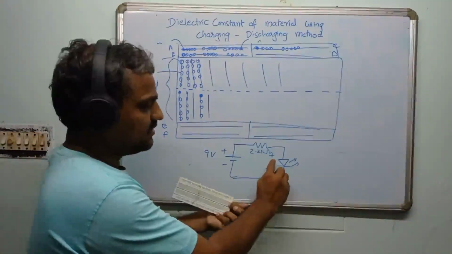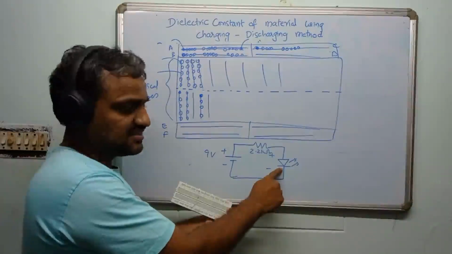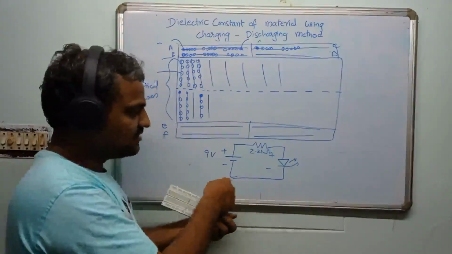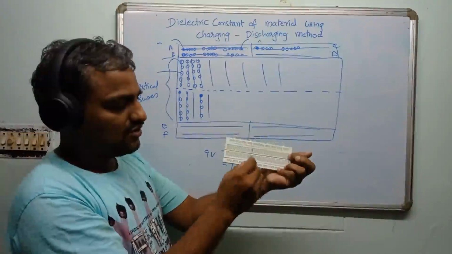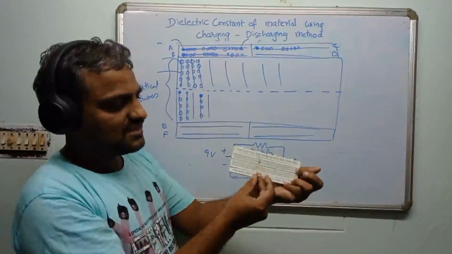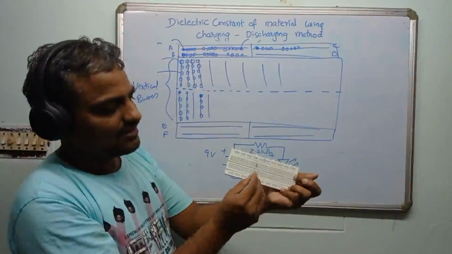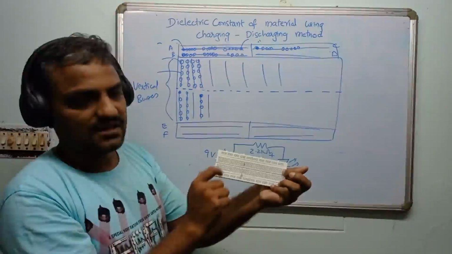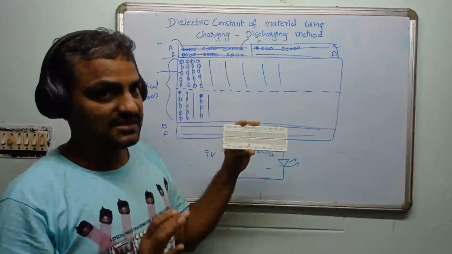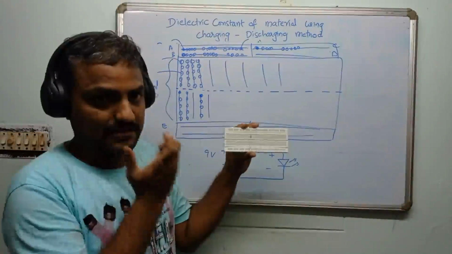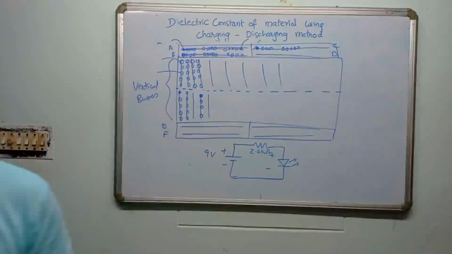Now, if you take a look at the other side of the LED, you have traveled from here, reached this end, and from there, it is going to the negative. I said negative is usually connected at the bottom. So if I insert the LED a little lower, I can bend it a little in order to complete the circuit. So this circuit is now complete. And if I want to see whether my LED is glowing or not, I need a regulated power supply, right? So I'll show that part also.